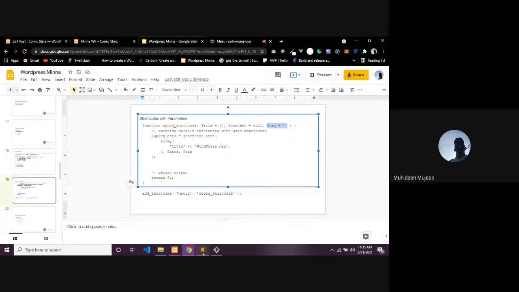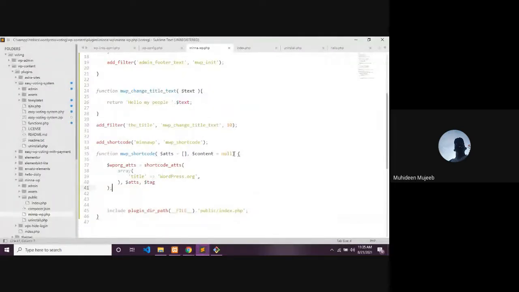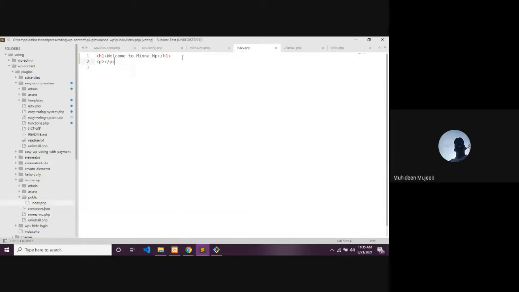Yeah, you just pass your tag here. Now you see, when you are creating something like a parameter, you need to give your parameter a default value. You see, this title is a parameter. You understand? Let me just go to my index and say